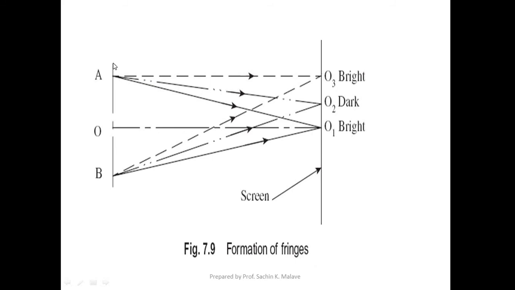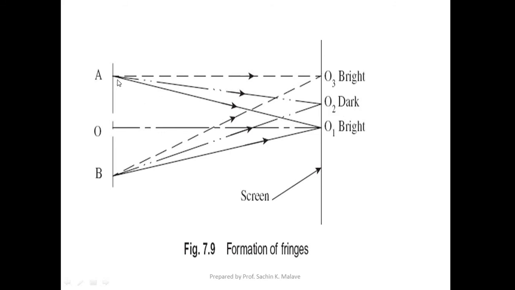So we can see this is again the source of the light. Two sources of light are there, source A and source B, and light is emitted from both. This is the screen where the light is hitting. Suppose here both the waves have started. There are various possibilities. So let us say wave A has traveled from here to here, so A to O2.